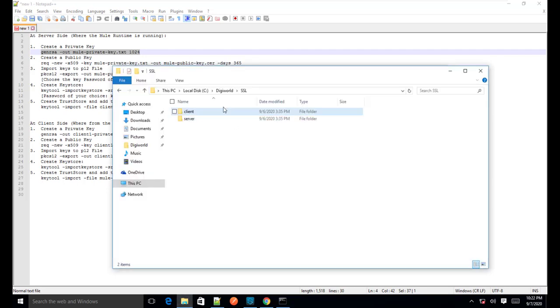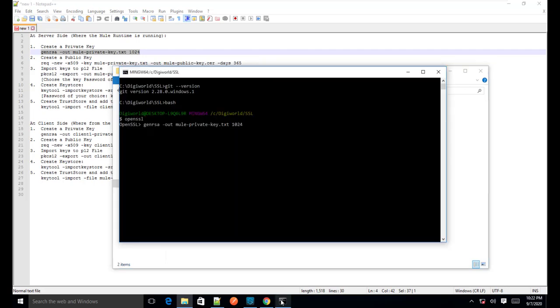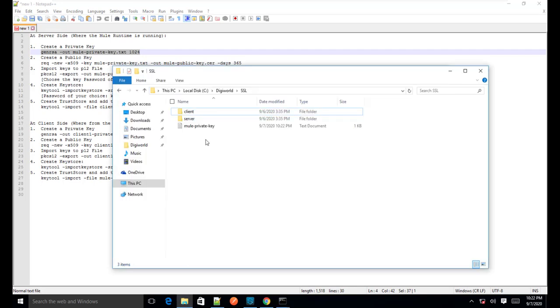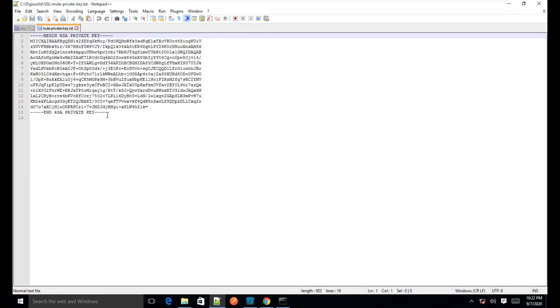Right now it does not have any certificate. Let's press enter and we'll see that the private key is created. Let's have a look at the private key. This is how the private key actually looks.